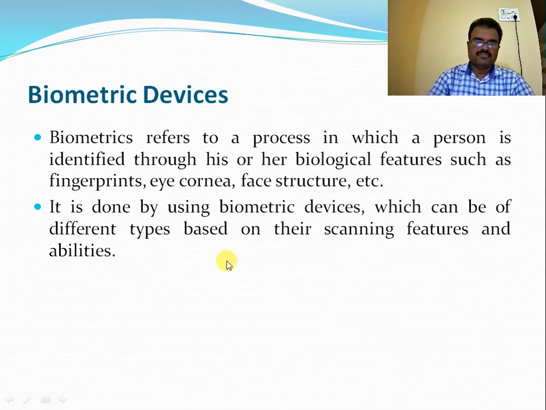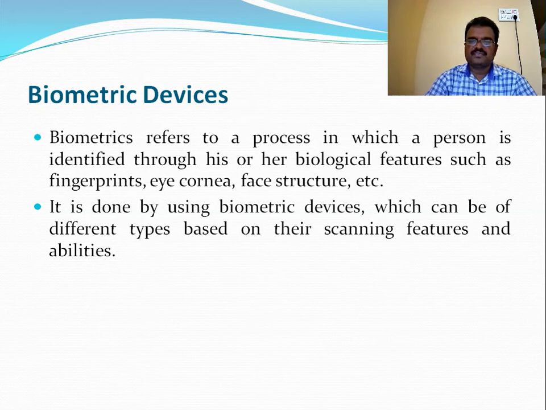Next important devices is the biometric devices. Now wherever we go, we are using biometric devices. Biometric refers to a process in which a person is identified through his or her biological features such as fingerprints, eye cornea, face structure, and etc. This is done by using biometric devices